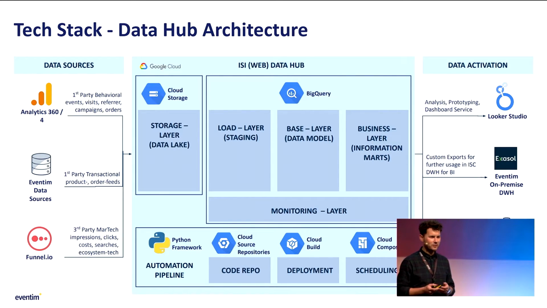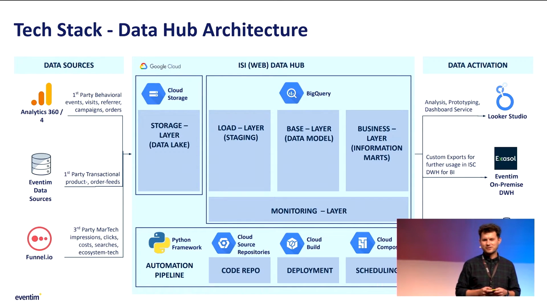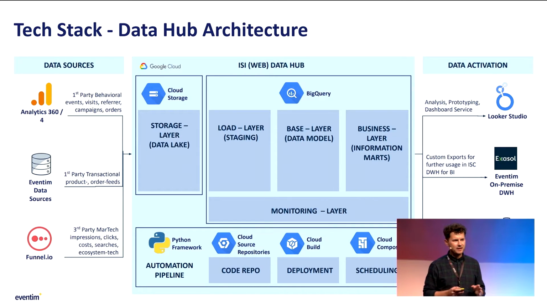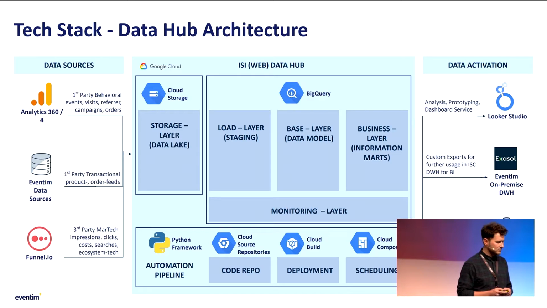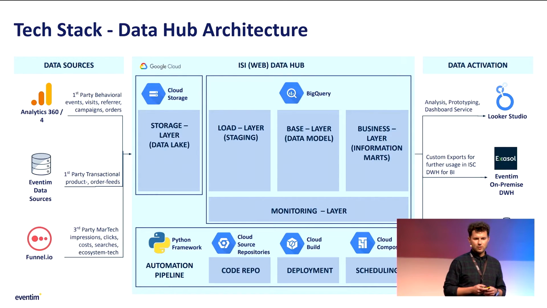We have the raw data integrated to look at it. What we see right now is not as good as we would like it to be for further usage. Therefore, it's still there. We have data for the past and can compare it, but we don't use it for the data hub itself. Coming to a different data source, which is the Eventim data source. This is basically backend, first-party transactional data, like product reference data. We call it event data, because our products are selling events, or selling tickets for events. So it's event data information, and also additional order feeds to enrich data quality, but also to see more meta information in the required data point.